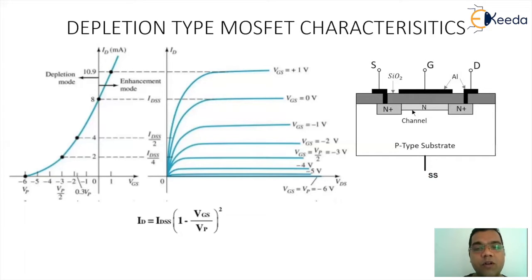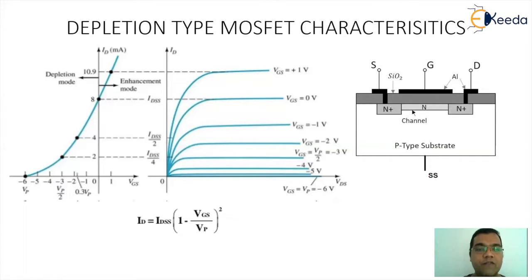Under enhancement mode, you can actually get a small incremental rise in the drain current. Practically, if you see, the graph of VGS equal to +1 and VGS equal to 0 will actually superimpose on each other, because there is only a very small incremental rise in the drain current. What you see in the graph figure is basically just a hypothetical impression that is going to give you an impact of enhancement. But practically speaking, the entire operation happens with respect to the depletion mode only. And that's the reason this MOSFET category was defined as a depletion type MOSFET.